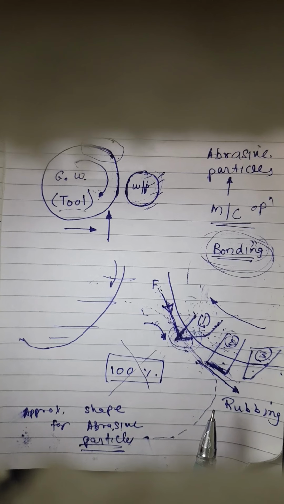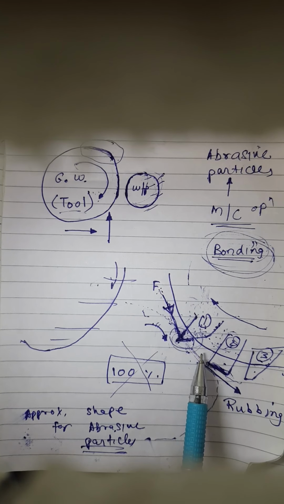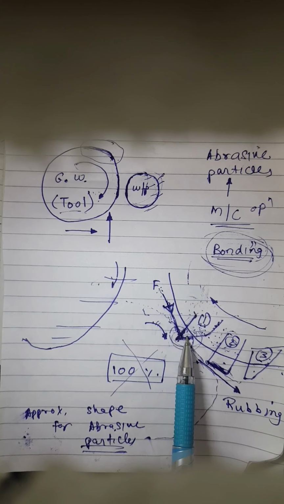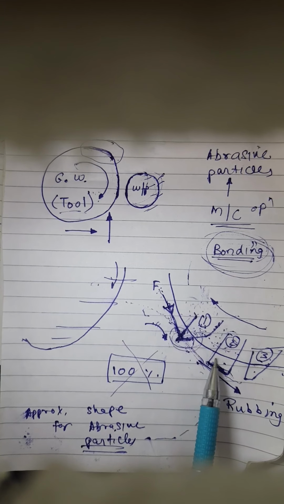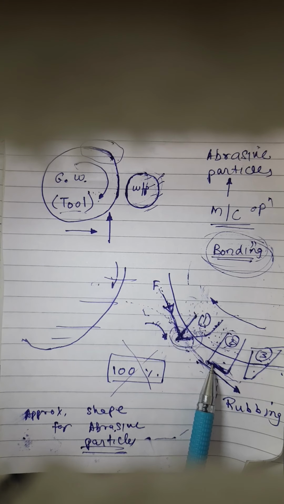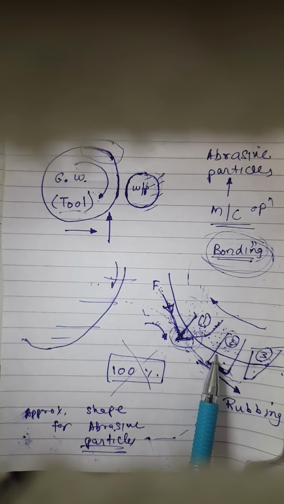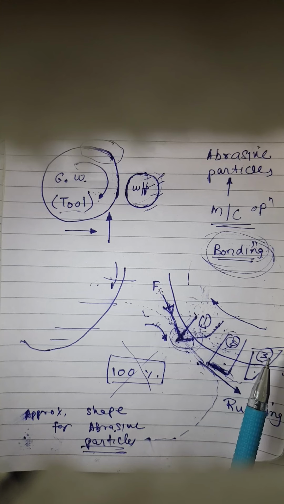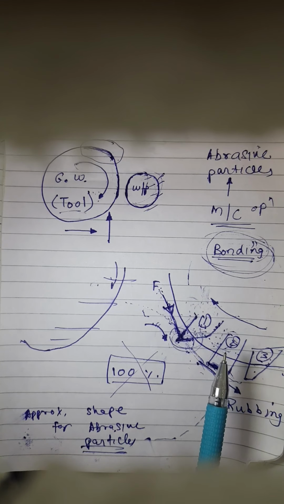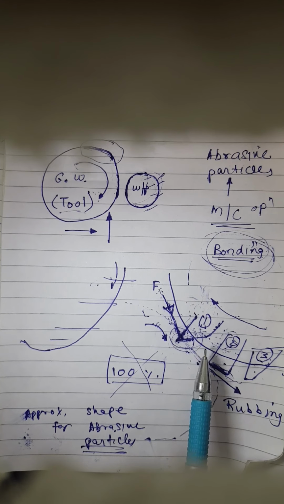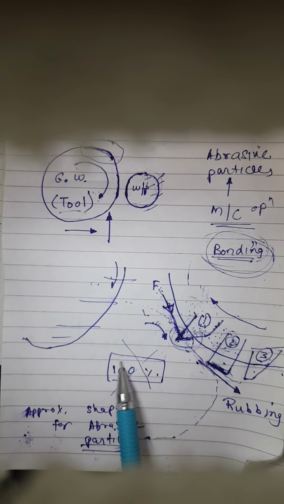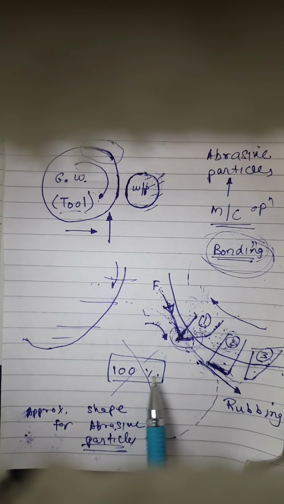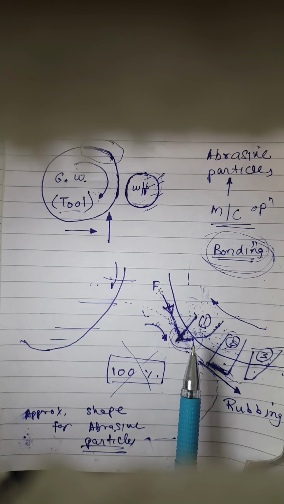All right. So when there is a rubbing action, what basically may happen is that this particular particle would remove some chunk of the workpiece material, but when this particle comes into contact, as there is rubbing, it would not be efficiently able to remove the workpiece material. So this brings me to one conclusion: as the particles have various different shapes, and as they are oriented differently, I may not say that the machining process that is happening is 100% efficient. Fine. So there is no 100% efficiency in this process during the grinding